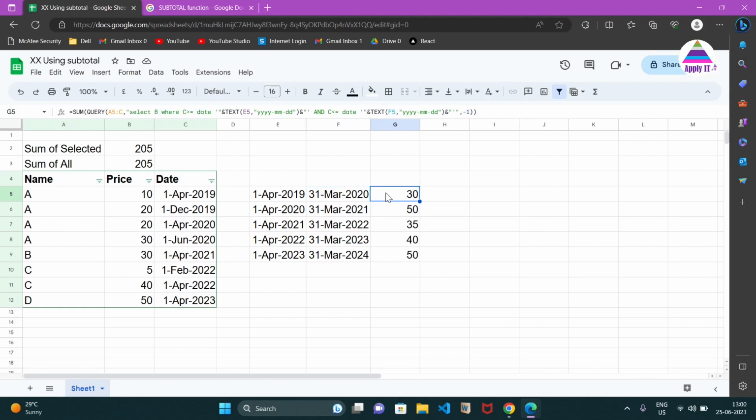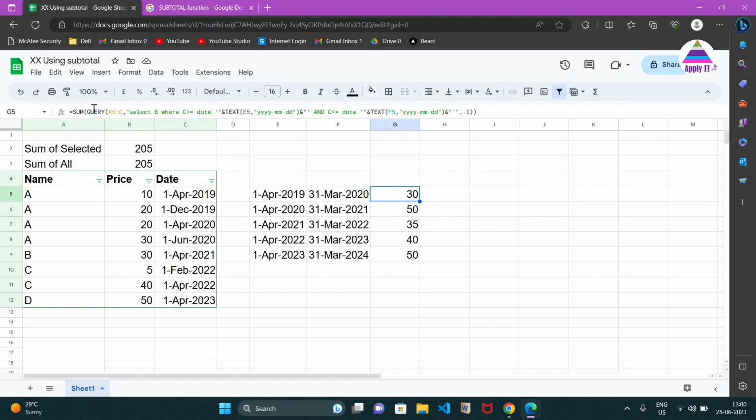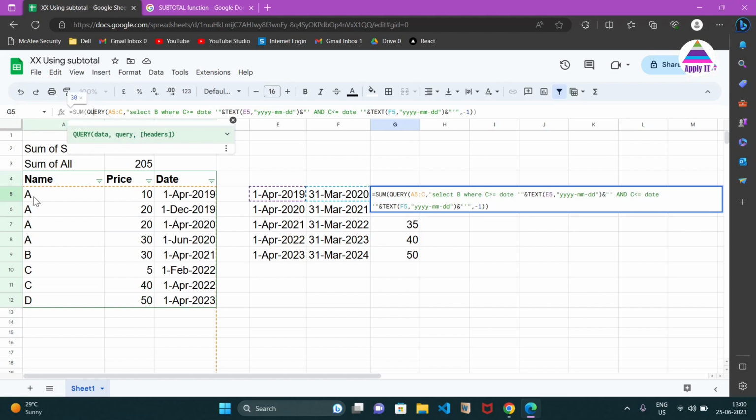For that we use this formula, where you see the inner formula called query. We use this Google Sheets query function. We apply that query function on the range A5 to C, any number of rows. From that we are selecting B, which is the price, where C, which is the date, is falling between these two values. So it is going to filter all the rows where the date is falling in this particular range,